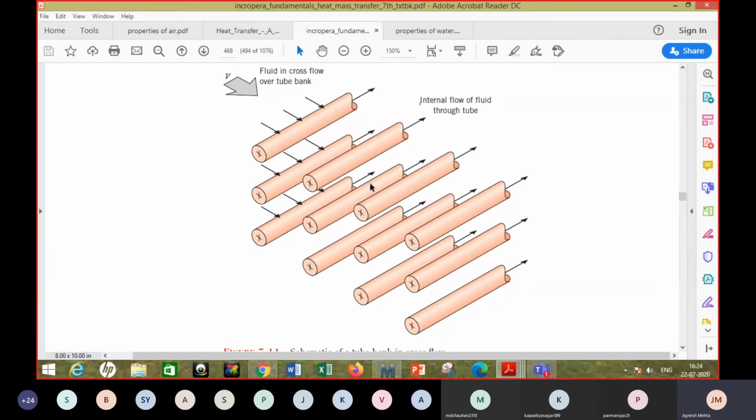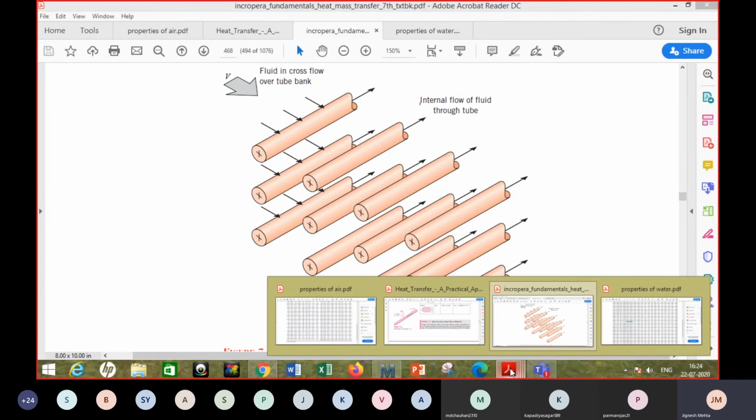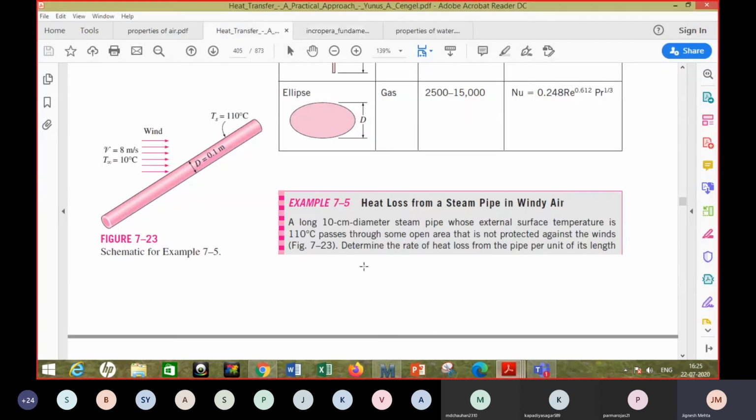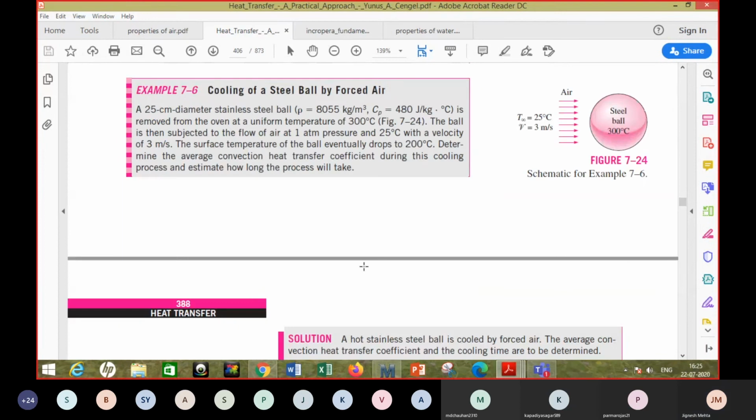Okay. So this was an important case for heat transfer, though we are not going into the case where you have multiple tubes arranged like this, and what is the effect of that, or what is the average heat transfer coefficient on the outer surface. So such things are not being discussed now. And one more case of external flow is flow over a sphere. Flow over a sphere like this, right? And there is one example also